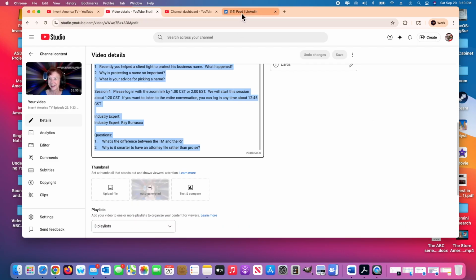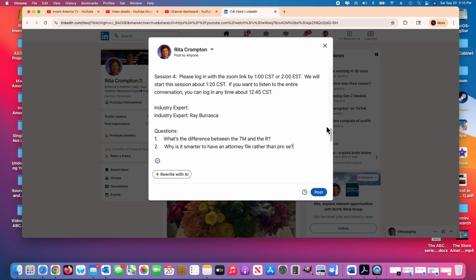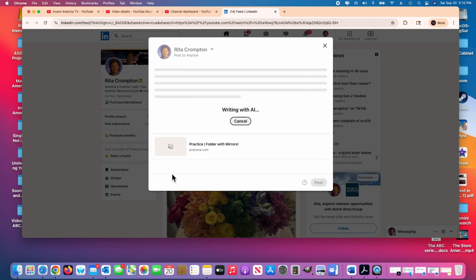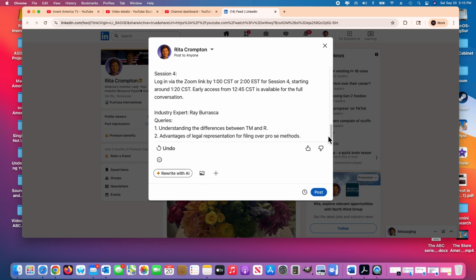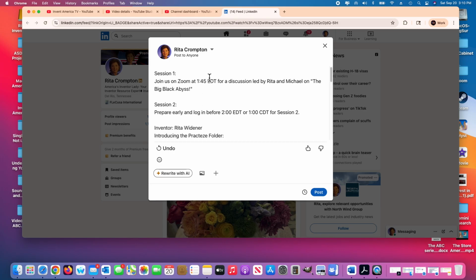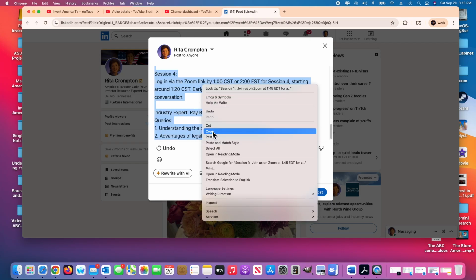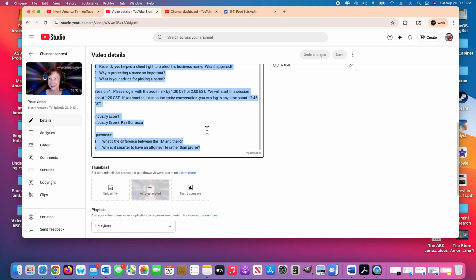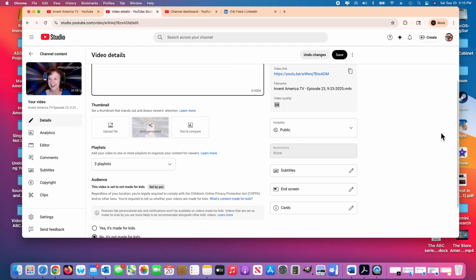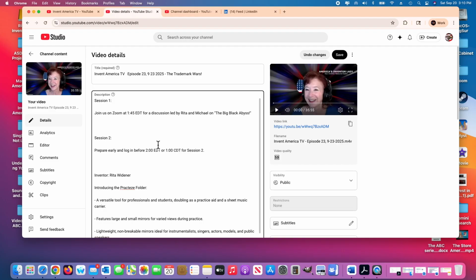And then we go back out to LinkedIn and we paste that right in. And then once that's pasted in, we ask LinkedIn's AI to rewrite it so it's a little smoother than what it was. So we get a little better quality output. And then what we do is we take the output that LinkedIn has rewritten and we go back to, believe it or not, the original output that we had in our YouTube video, and we use the LinkedIn rewritten